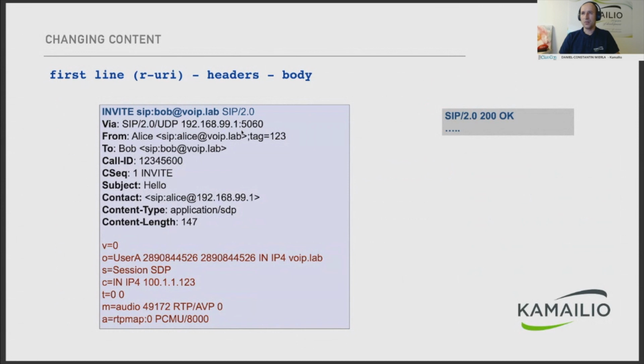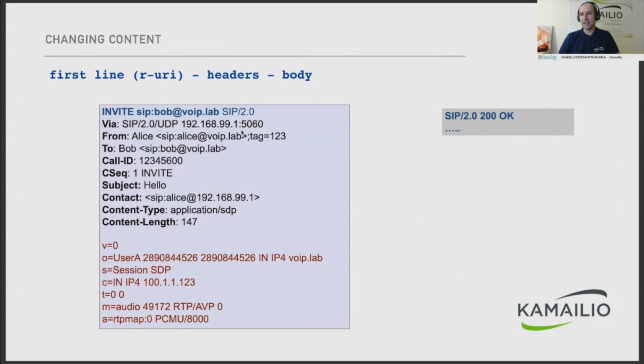And usually you want to change it for various reasons, like normalization, like adding a country prefix or area prefix if it's a telephone number, or changing the target address, like an IP address, to go to a gateway or to a media server and so on. Then will be the headers, and they are also very important for routing: Record-Route headers for setting next hop addresses, Contact address, then caller and callee IDs, the From and To headers, along with extensions such as P-Asserted-Identity. So it has a lot of useful information, and you may want to change it for various reasons.